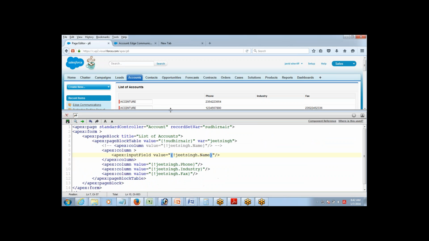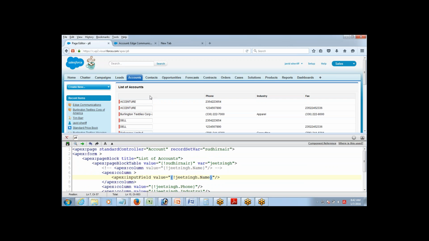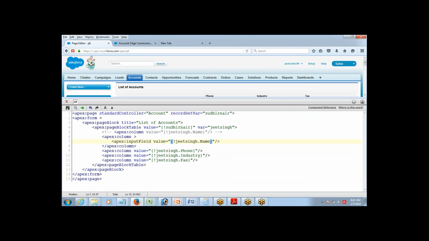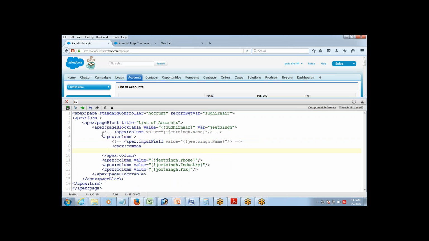Anything, if you want to make this entire column a command link, then all that you have to do is go inside the column component. For example, let me comment it out also. You know what commenting is, right? Commenting a line of code means it will not have any effect on the page. It will not be displayed on the page, it will just remain here as a comment. So let me put a command link, and I put the value equals